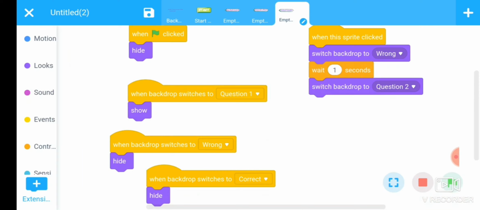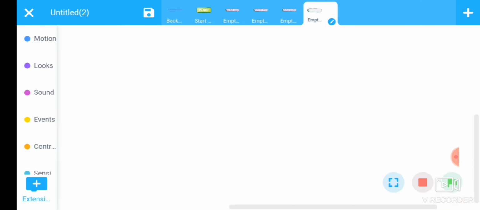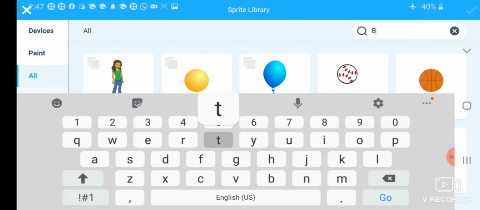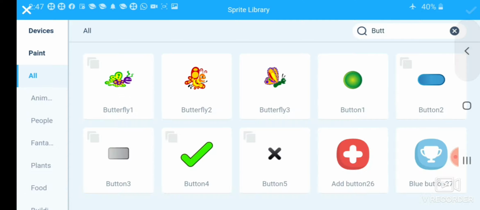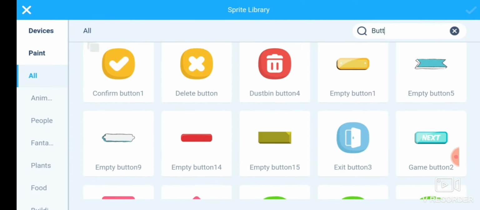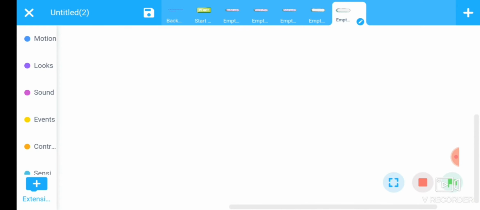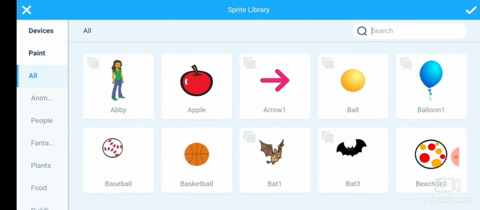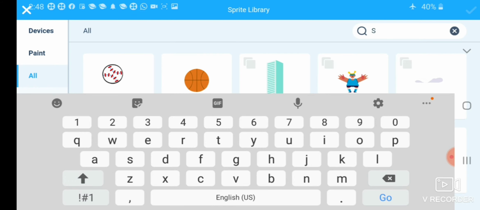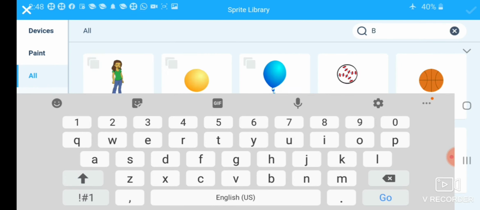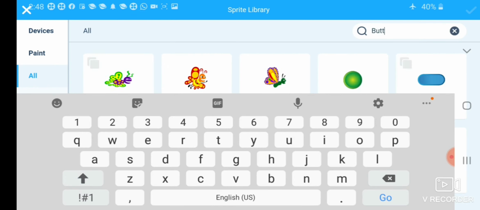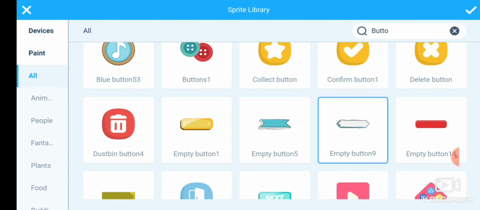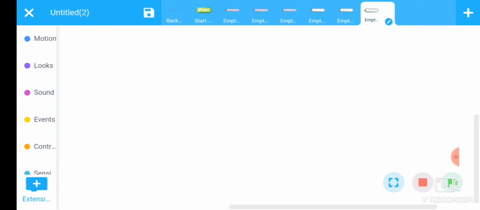Add 3 sprite here, one more sprite, add this here, another one more sprite, okay, fine.